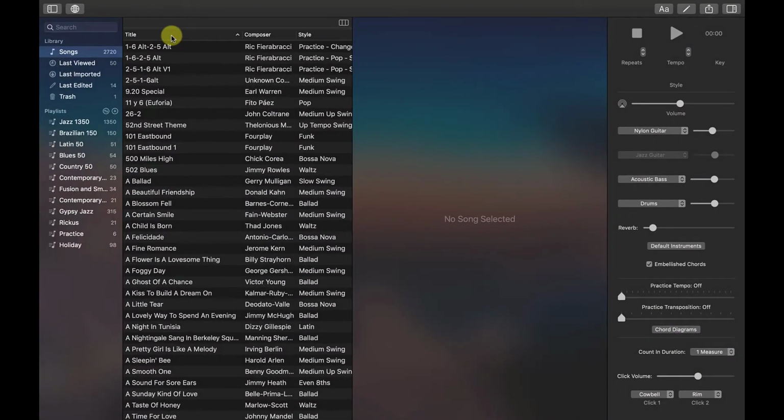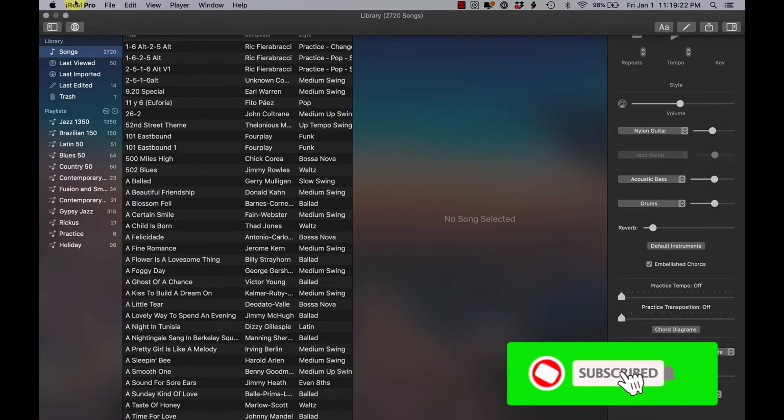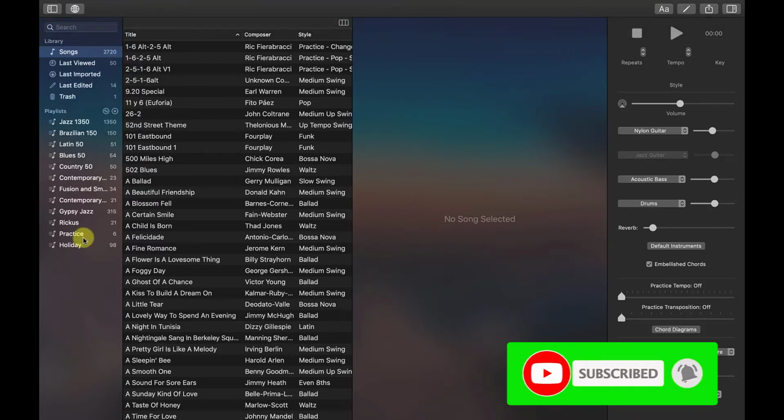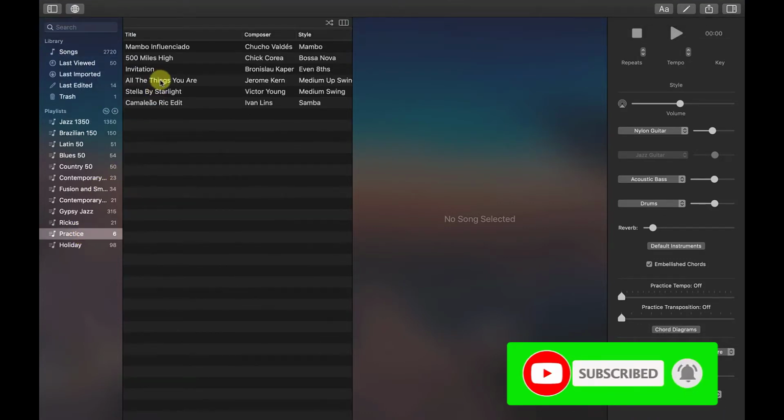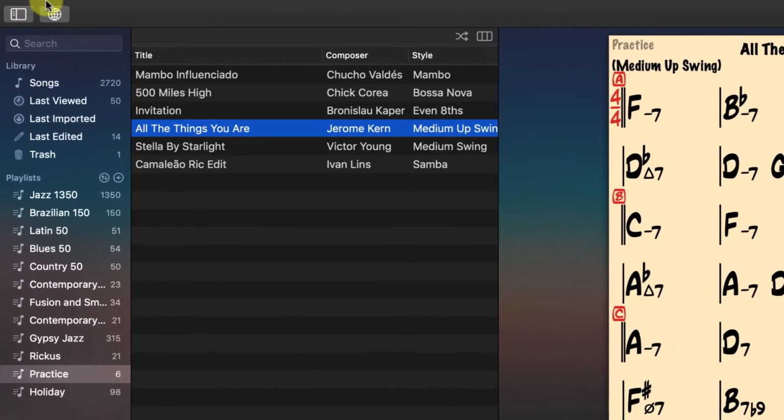Okay, guys, welcome back. This is part two to look at iReal Pro, some of the finer details that you can tweak. And let's start with, let's go to preferences really quick. Actually, let me open up a song first. "All the Things You Are." Okay. And if we go to preferences,